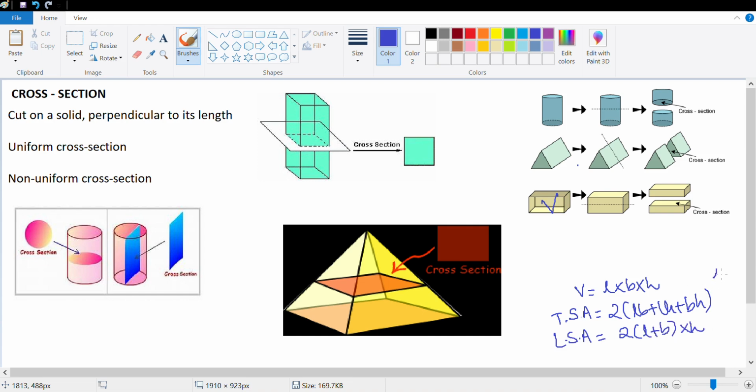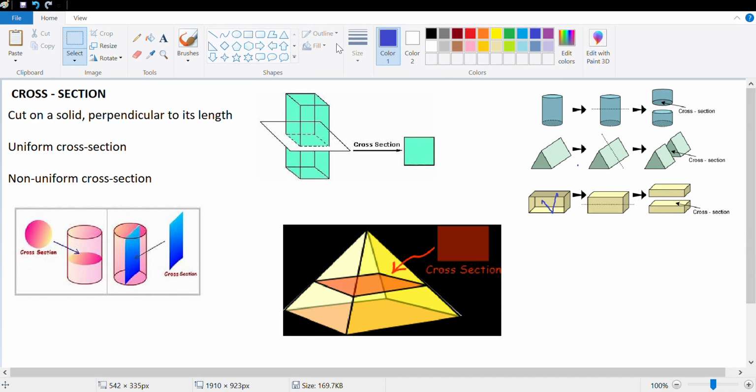For a cube, this became L cube, this became 6L square, and this became 4L square. Perfect. Let's look at the second exercise where we talk about cross section. Now, what exactly is cross section? Cross section is basically the face that you get to see when you cut a solid perpendicular to its